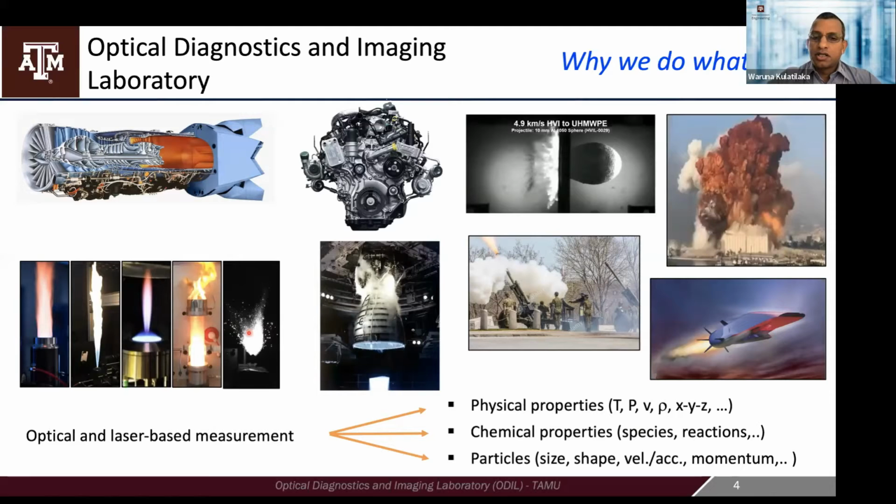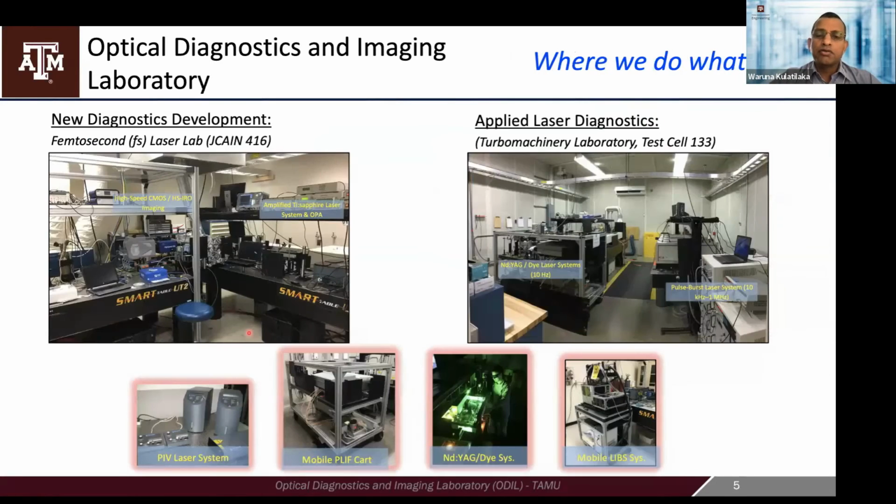What we are interested in, as researchers in the combustion diagnostic community, is measuring several types of parameters. Physical properties such as temperature, pressure, velocity, density, and the location, that is three-dimensional information, of a reacting flow field. Then chemical properties, mainly the important chemical species involved in reactions. And then also particles such as dust, soot, and some larger particles in some applications come into the picture. We're interested in those as well. Today, I will focus mainly on the chemical properties and species imaging.